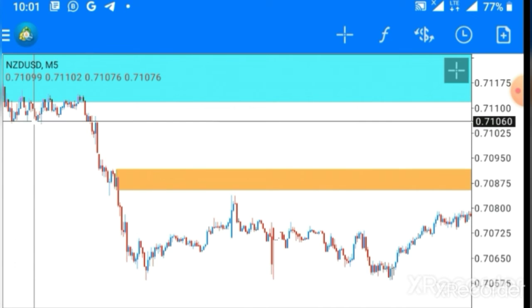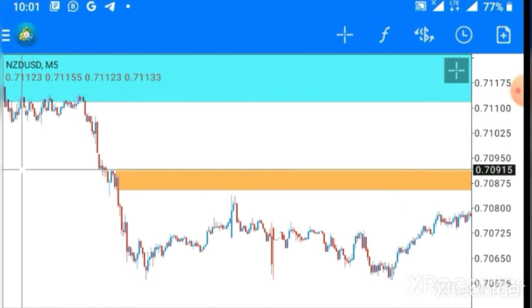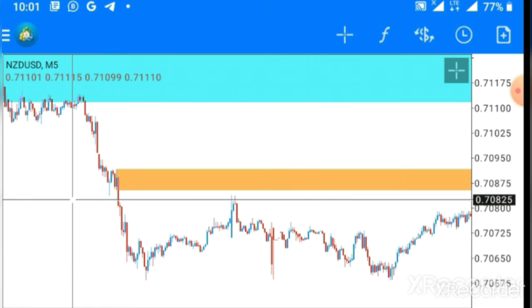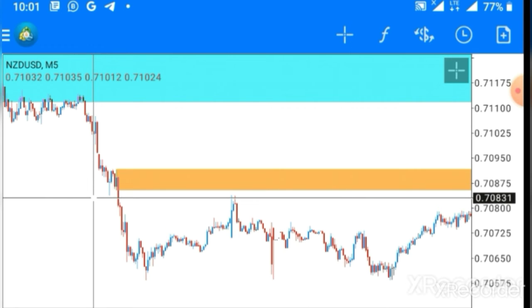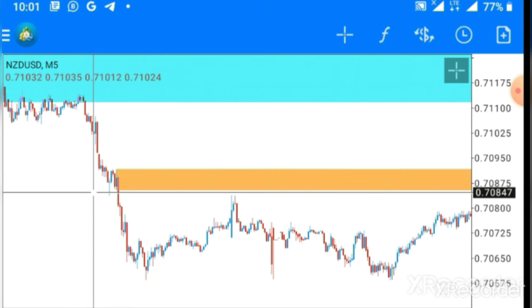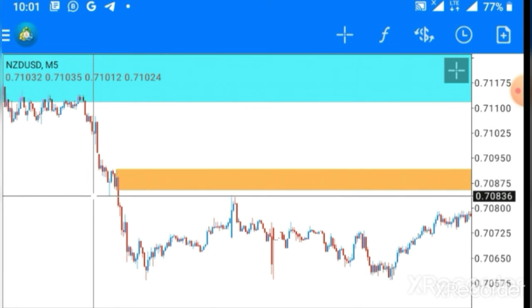And then market came and broke the structure. That's the first break of structure. Look at it, where my cursor is. That's the first break of structure. I told you, wait for double break of structure. Now, this is the second break of structure. Price came again. Look at my cursor. Price came again and broke the structure here. Look at it. This is the second break of structure.